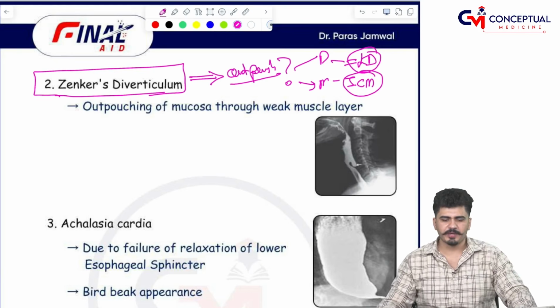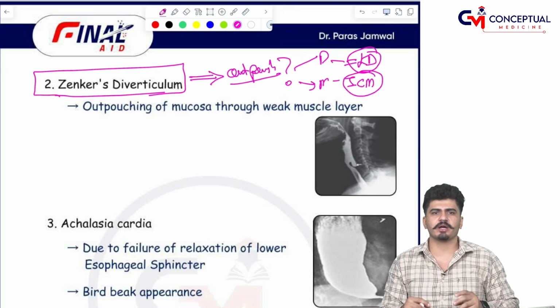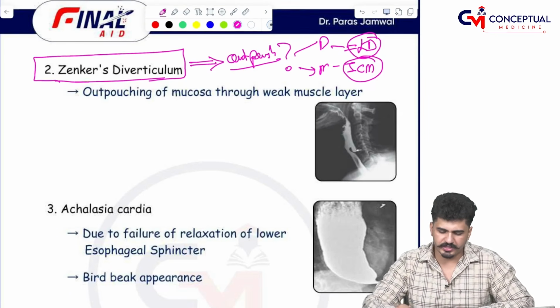Inferior constrictor muscle. तो यहाँ पे क्या हो रहा है? Inferior constrictor muscle के वहाँ से there is an outpouching coming outside, and that outpouching is visible on